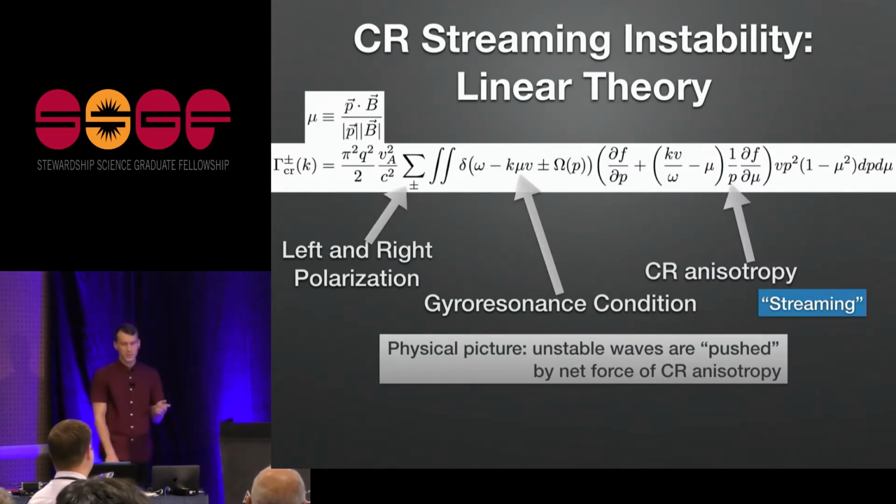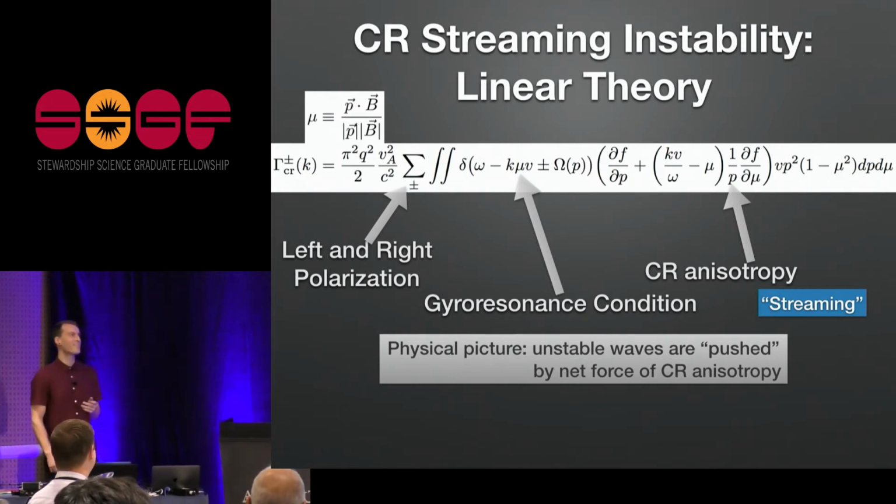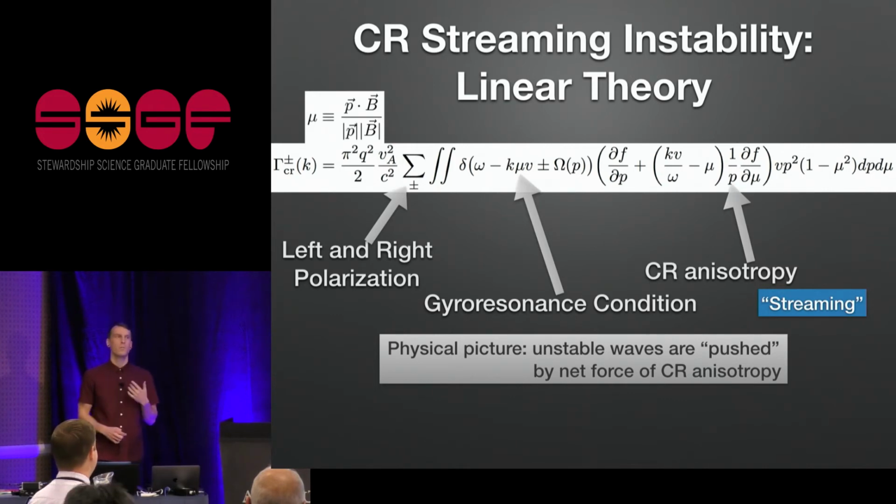So for cosmic rays, it's a little more complicated. And actually in surfing, it's more complicated than that too. So in plasma physics, the quintessential task is to derive a dispersion relation for your waves. And if you do that in the cosmic ray system, you can show that waves will be unstable under certain conditions with a growth rate given by this equation. And I just wanted to point out some important features of this